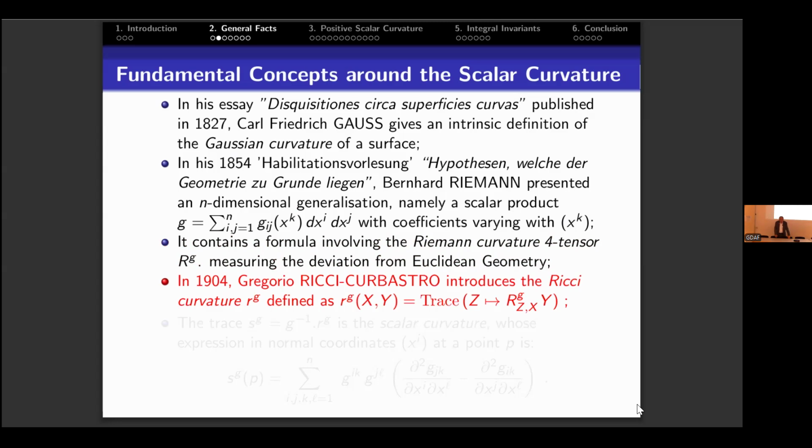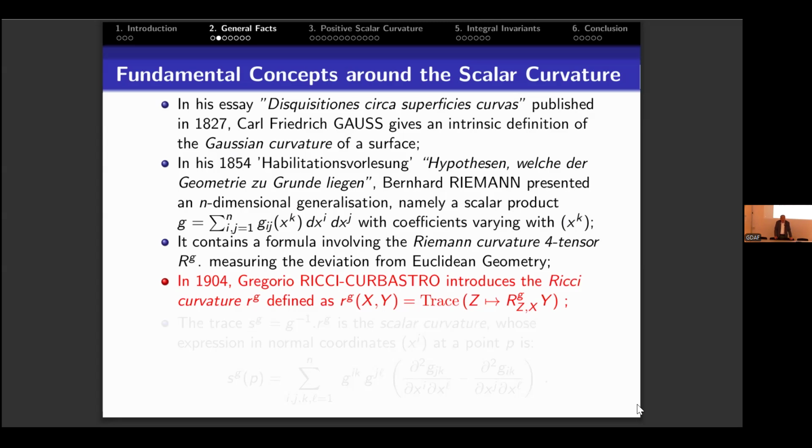finally, the person who really gave the most systematic approach to this was Gregorio Ricci Curbastro. In 1888, for the first time, one had the concept, that I will come back to, of a covariant derivative. But then, very importantly, Ricci Curbastro introduced, in 1904, so you see, 50 years after Riemann, a piece of the Riemann curvature tensor, which of course later on played a very, very important role, which is called the Ricci curvature, which was introduced by Ricci Curbastro, which is basically